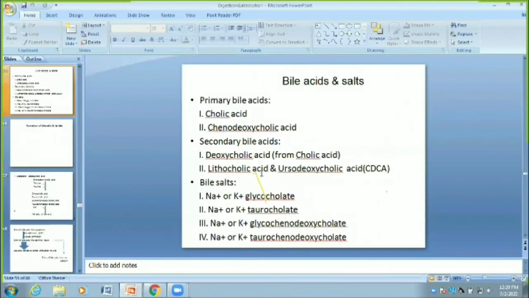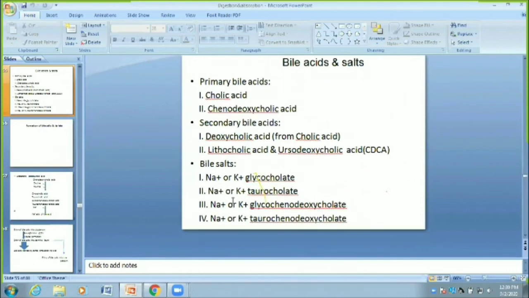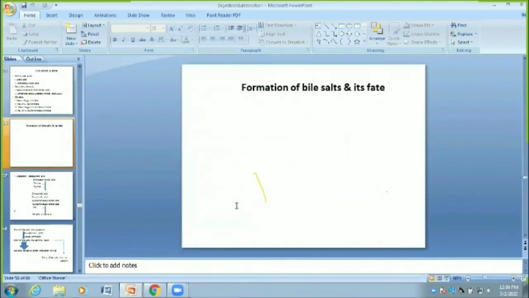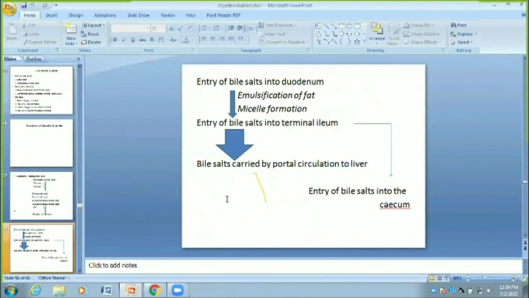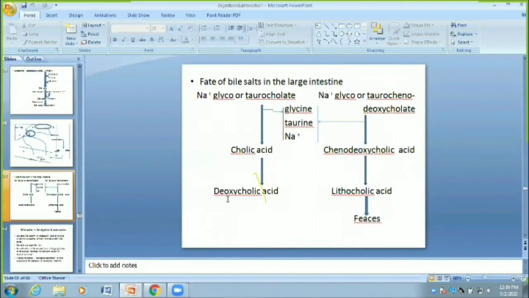Okay. Bile salts: naming of the bile salts we are not going into in detail. Sodium and potassium salts of bile acids. In short, we will be covering it like this. Next, we come to